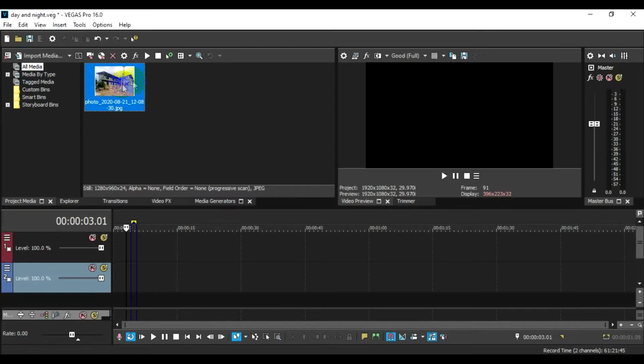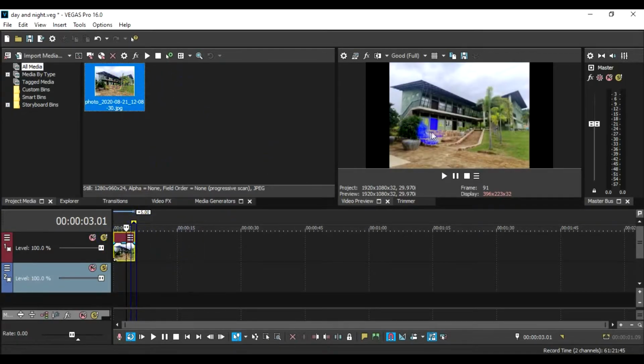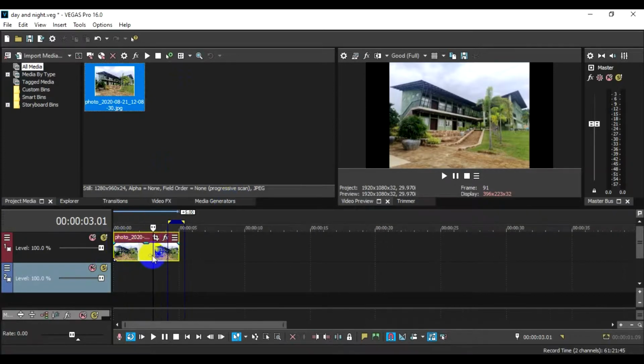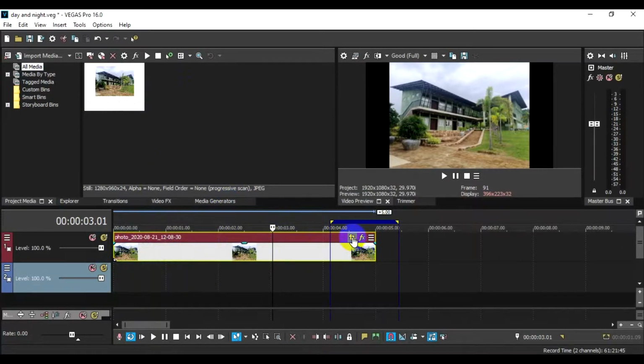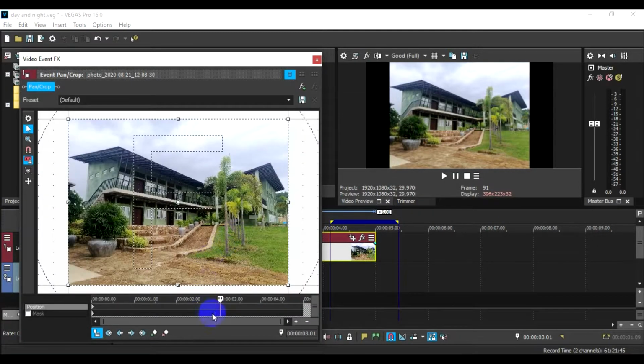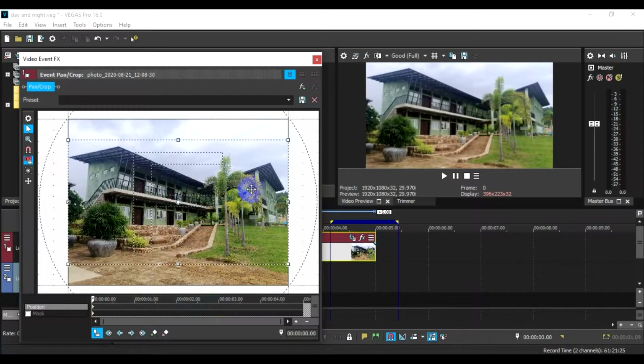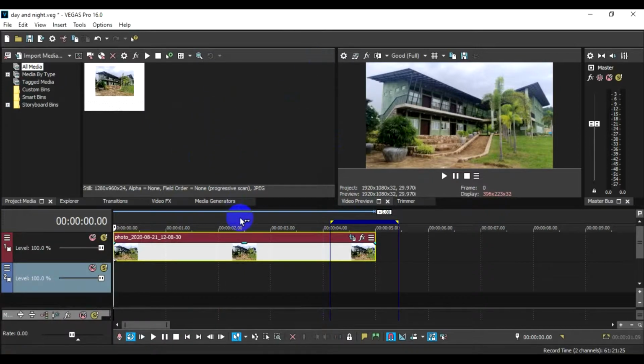So we do it in the photo. Okay, do you remember how to make it full screen? Just go to crop event. Okay, don't forget to pull the crossbar to the first, and then right click, you select merge output access. Okay, that's finished. And what we're going to do,